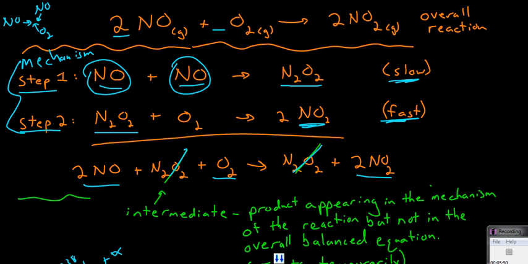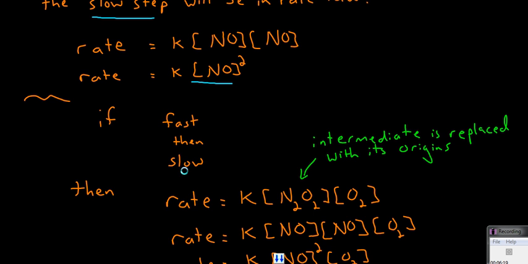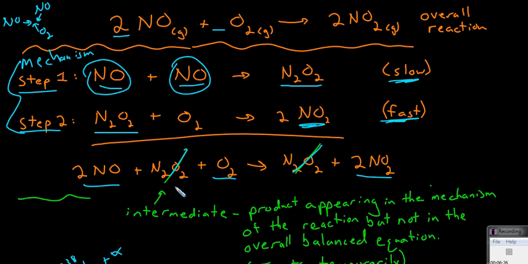Now, just theoretically, though, what if instead of having slow then fast here, we had fast and then slow steps? What would be the rate law then? Well, if this first step were the fast one, and then the second step was the slow one, then the rate would be equal to k times the dinitrogen dioxide concentration times the oxygen concentration,